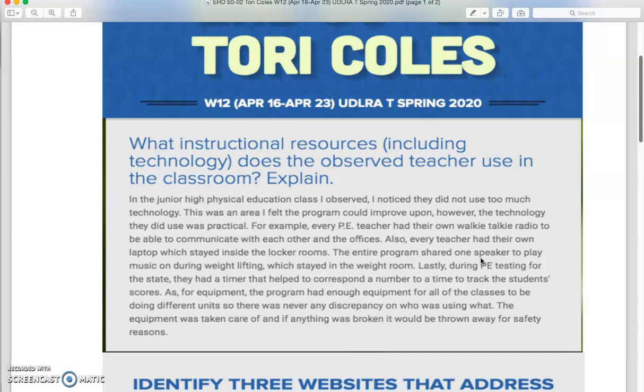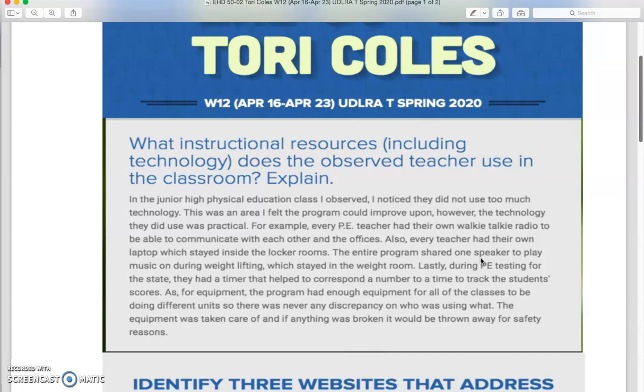Some things that were notable were the instructional resources in the classroom that I observed the teachers using. For the physical education class, it's kind of difficult. They didn't have too much new technology being used or implemented, but every teacher did have a walkie-talkie or radio to communicate with each other and with the main office, which was for safety reasons. Within the locker rooms, all of the teachers had their own laptop, but the laptop stayed inside the locker room. And there was a radio used in the weight rooms for weightlifting to play music on,